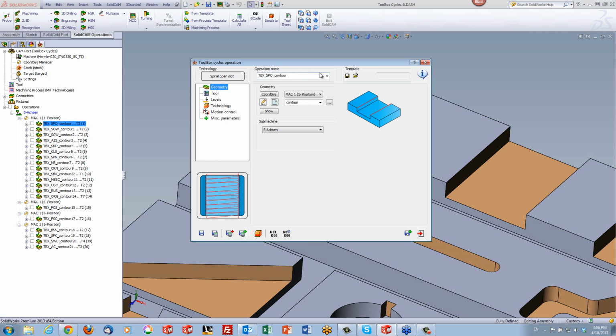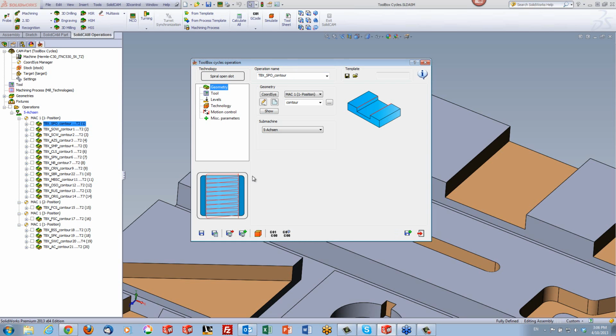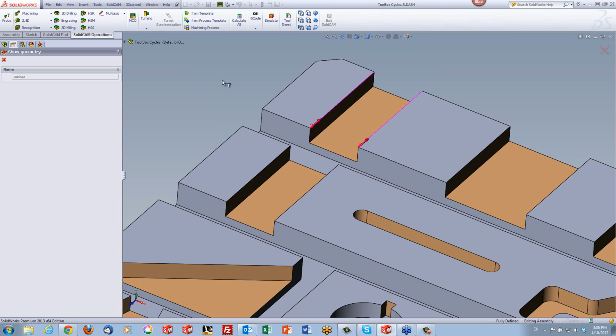And of course, we have our geometry area as shown over here. Now, whenever you pick any one of these options, you will always have a picture over here showing you exactly what the tool path is going to do, what kind of tool path you're going to get. And it'll also show you what you actually have to pick as your geometry. For example, over here it shows this line and this line as the lines that had to be picked for your geometry. If I were to click on show over here, because I already did create this,